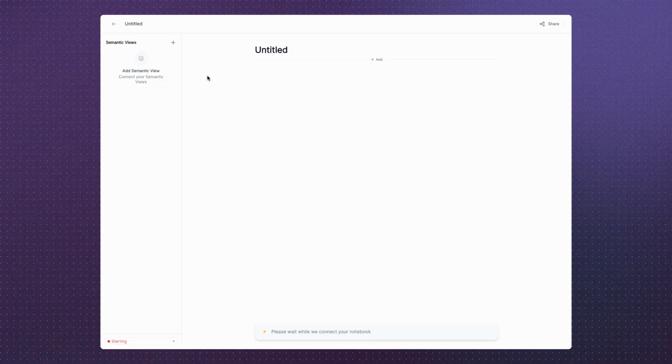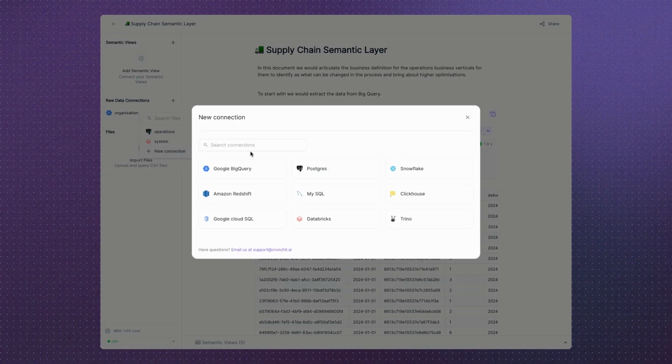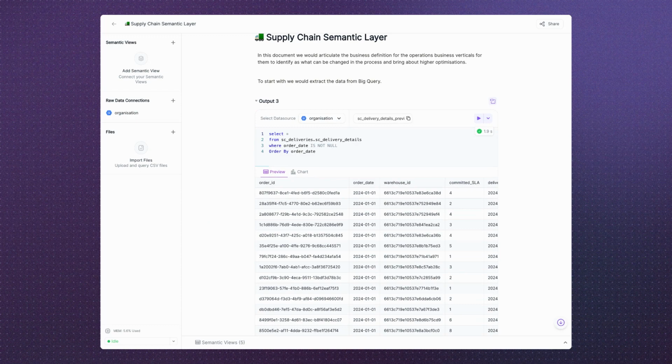For this demonstration, I have created this demo semantic layer. This is a simple SQL Python notebook which data teams are very frequently and comfortably used to. What you see on the left hand side are the different data source connections. The data source can be a raw file which you can just upload into the system, or it can be a database or warehouse connection. So all the prominent ones are supported out there. If you have any custom data source connection, you can request that as well. Or output which is coming out of this notebook can also be used as a semantic view for any other